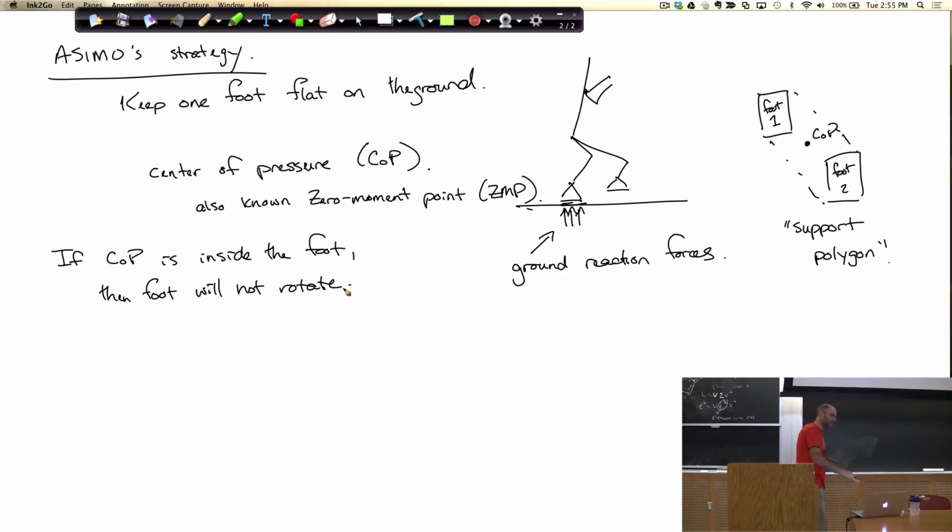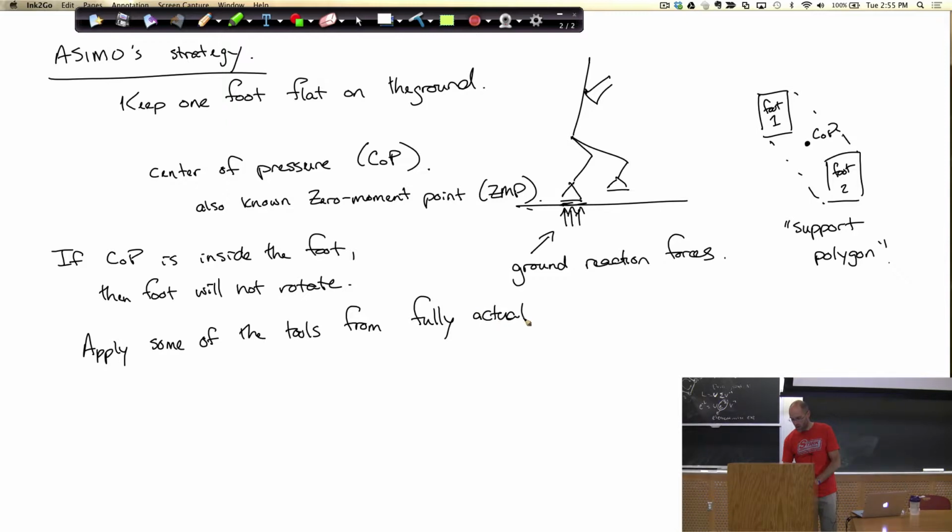If I know that my foot's going to stay flat on the ground, then in some sense I've taken away a degree of freedom from the robot. Right? I can pretend for a little while that my foot is bolted to the ground, and I can start acting like I'm a fully actuated robot again, right? Subject to the constraint that whatever motions I choose to execute, I don't cause my center of pressure to hit the edge of the support polygon. As soon as I do that, my degree of freedom comes back, and I'm in danger of being underactuated again, right? So if you're willing to do fully actuated things subject to that constraint, then you can do a lot of impressive